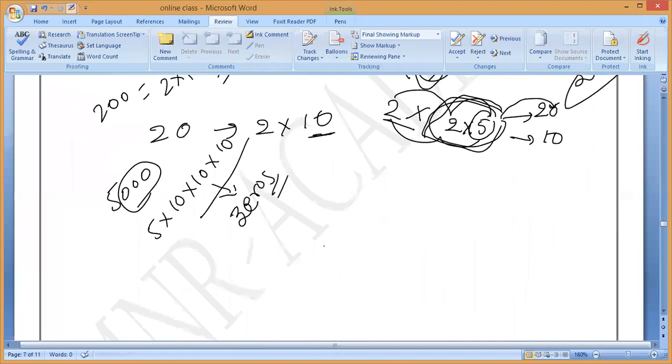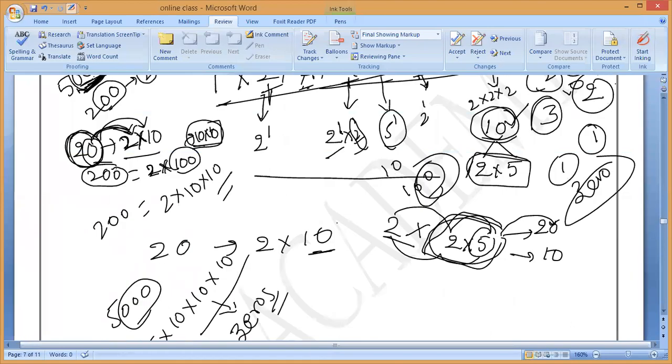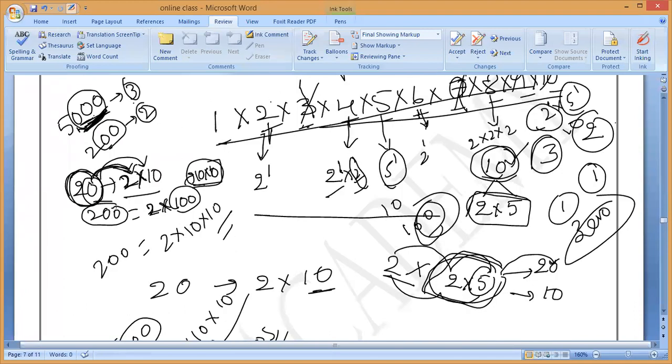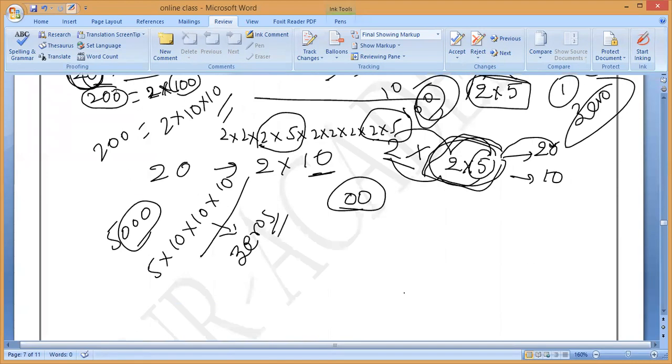Do you understand? Yes, sir. You can see the product of 2s. How many 2s are there? All of you tell me. Tell me fast. 2 into 2 into 2 into 2, 2 into 5 into 2 into 2 into 2 into 2 into 5. So we have to set off 5 into 2. How many sets are there? The extra is there; we have to leave it. So this is one set we have, and here one more set we have. So 2 sets, so at the end of the product we have 2 zeros. That's all. Do you understand, all of you?